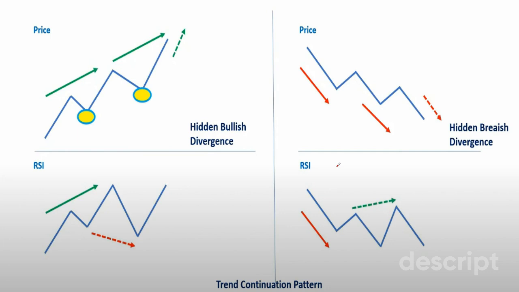Hidden divergence is the opposite, but it says the price is a continuation. The price is making higher highs and higher lows, but the indicator is making lower lows. So hidden divergence means the trend is not going to change. For a short term, it will take a short correction, but the overall trend will not change. Hidden divergence is not very familiar in our trading language, so we use classical divergence, and let's see how we can use this classical divergence and make money.